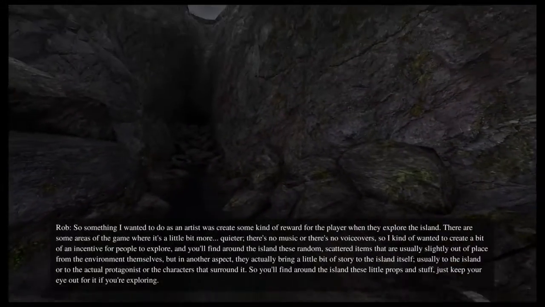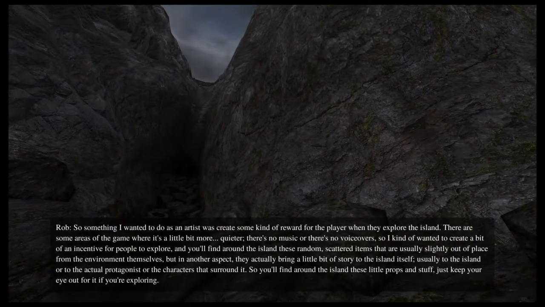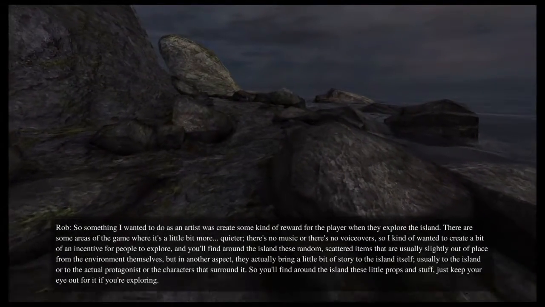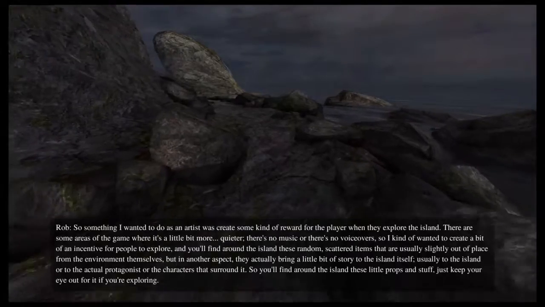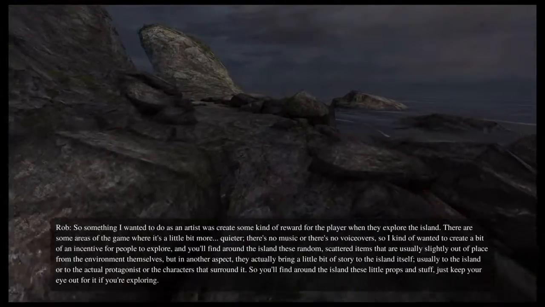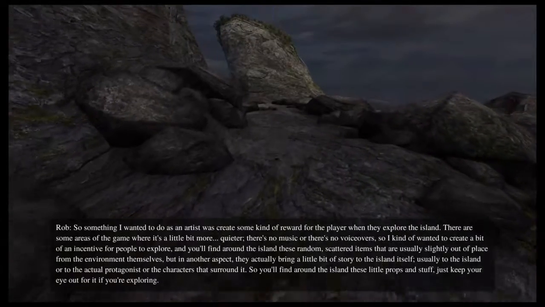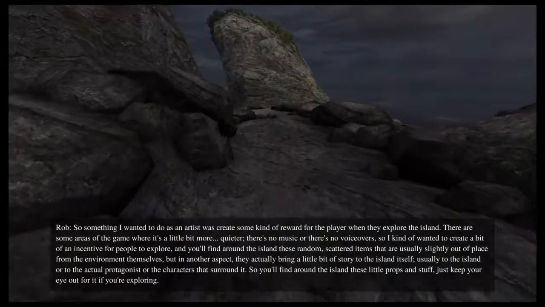So something I wanted to do as an artist was create some kind of reward for the player when they explore the island. There are some areas of the game where it's quieter, there's no music or no voiceovers. So I wanted to create a bit of an incentive for people to explore.